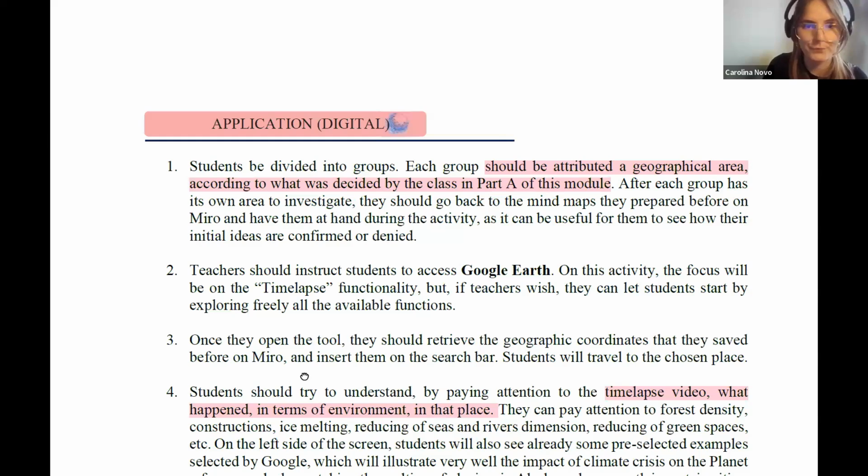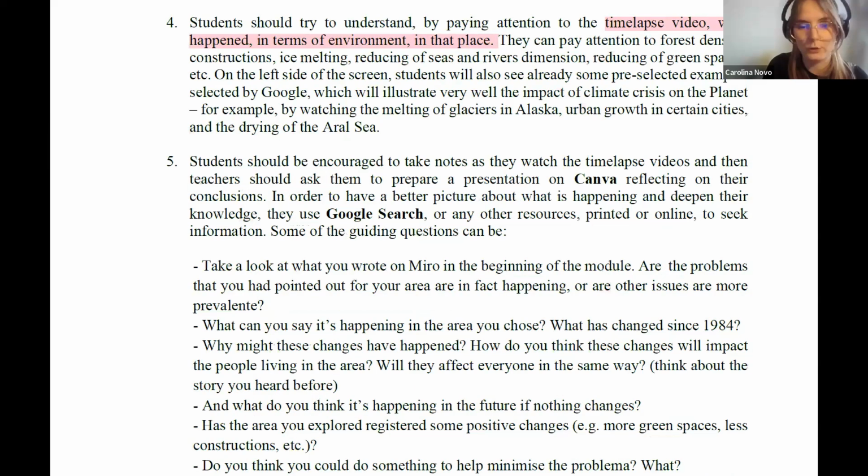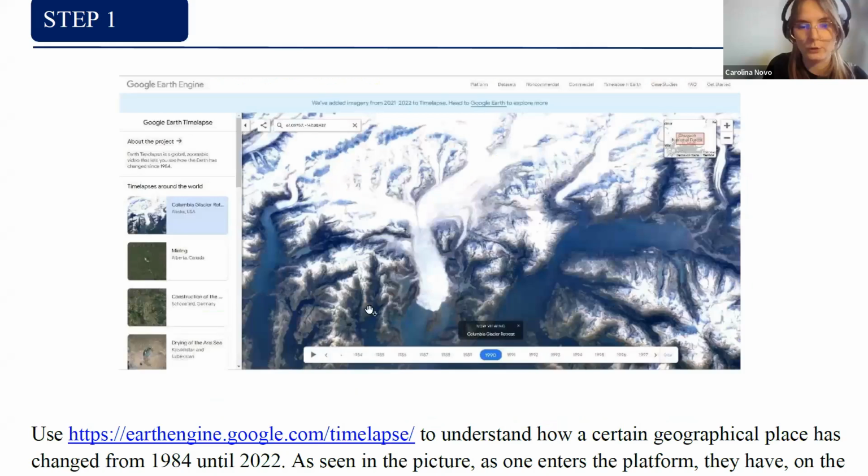In this time lapse, it's a tool by Google where you can put the coordinates of the place they chose. So imagine that they chose to go to, I don't know, Alaska. They can put the coordinates here and they go to that place. Then they see a satellite image of that place. And as you can see here, they have a timeline.